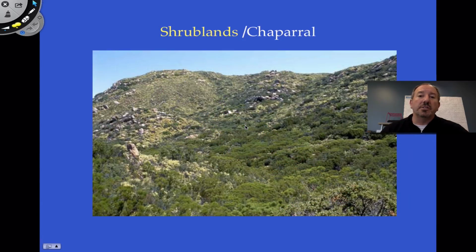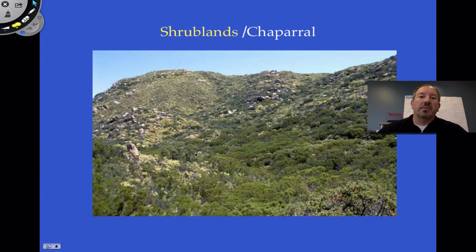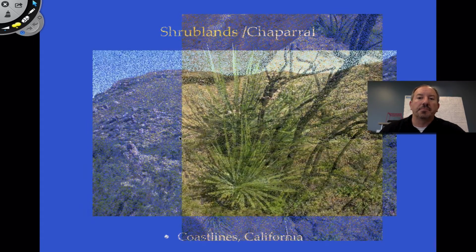And so let's just take a little journey along the coast. Let me just point this out. What I'm going to talk to you about is chaparral, which is right along the coast. It's considered to be shrublands, and it grows on the mountainside, and it grows on kind of poor soil. It's kind of rocky, and there's a lot of, as the name implies, a lot of shrubs. And so the soil isn't very conducive enough to hold a lot of trees, and it's kind of windy, and the slope is kind of severe. But it can support shrubs. And so it's found along the coast of California.